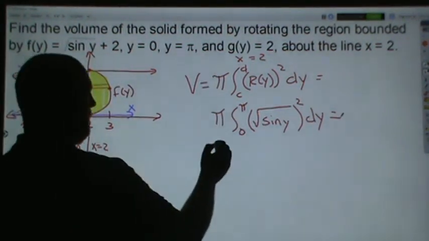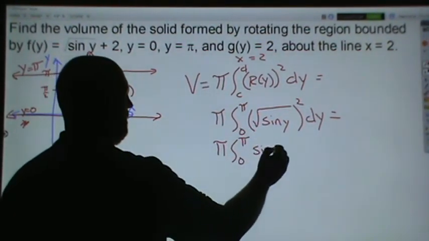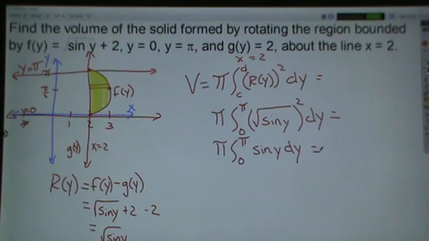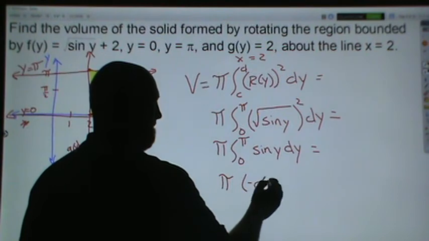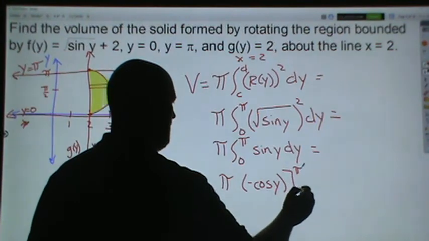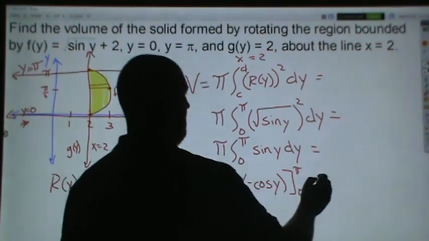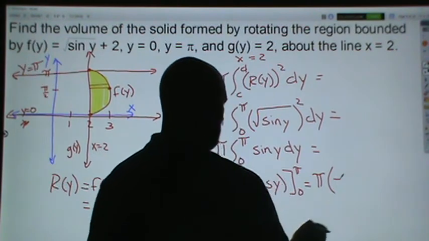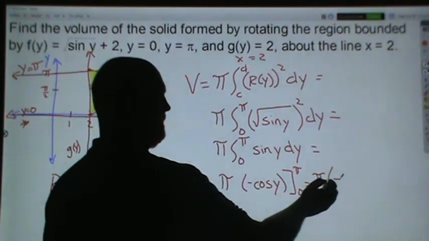So when I square, the radical goes away. So I have pi times the integral from 0 to pi of sine y dy. When I integrate sine, I get negative cosine y, and I'm going to evaluate that from pi to 0. So I'll have pi times negative cosine of pi. Cosine of pi is negative 1, so negative negative 1